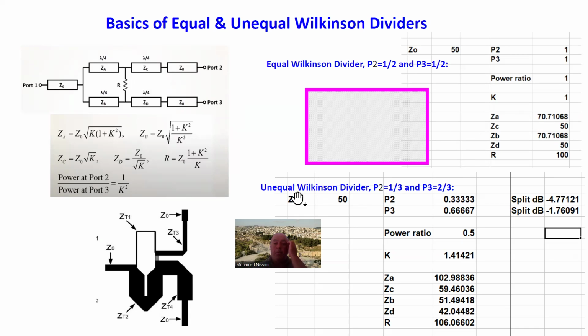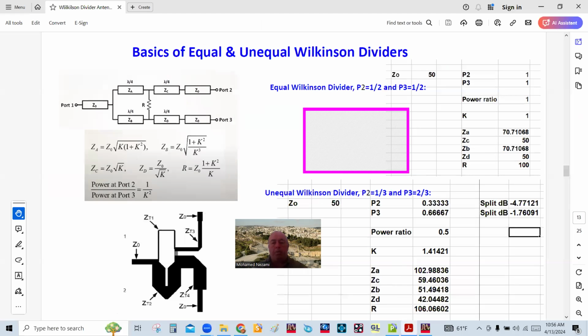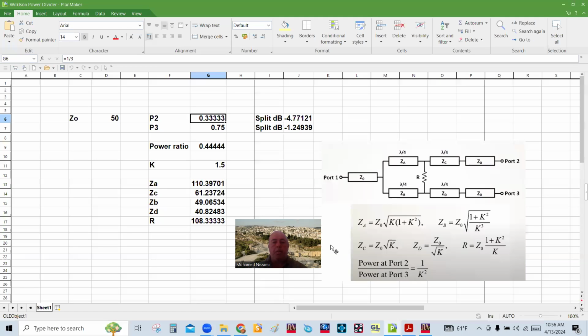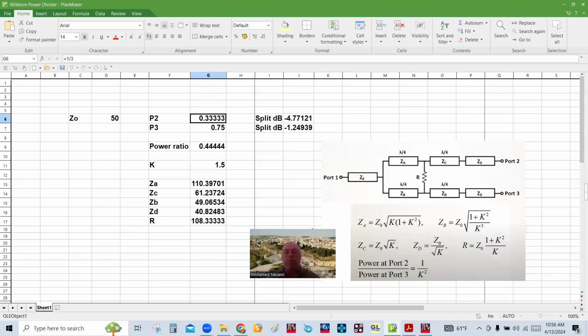Now, as an example, if you take an unequal Wilkinson divider where port 2 is 1/3 of the power, and port 3 is 2/3 of the power, and now we compute these values in here, and that's what they are in here. And I'm going to show that in a minute. This is just these equations. I programmed them already in here, so that let's say that you want the power to be 1 in this case, and in this case